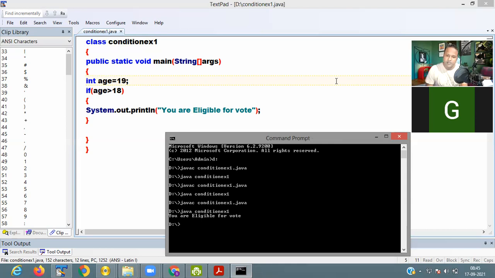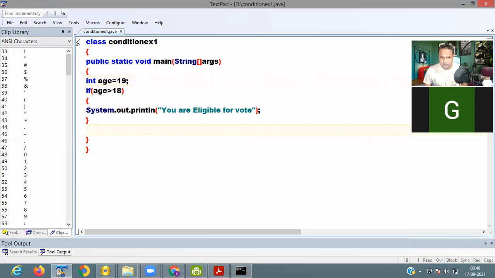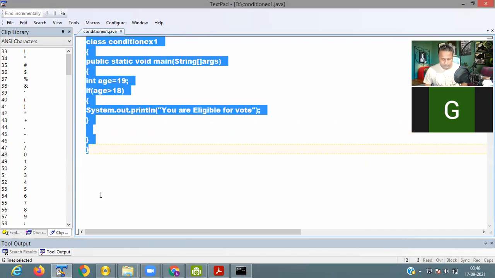If the condition is satisfied, the if block is executed. If the condition is not satisfied, the else block is executed, so we use the if and else construct.